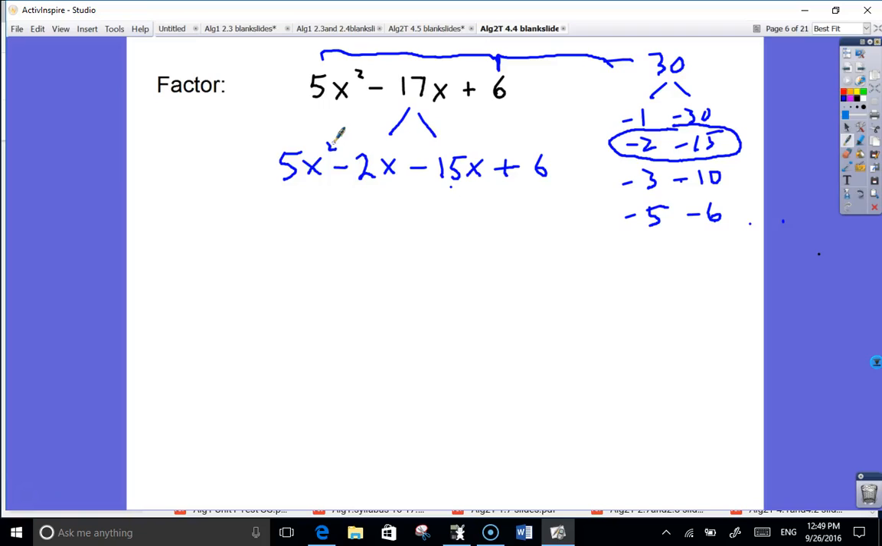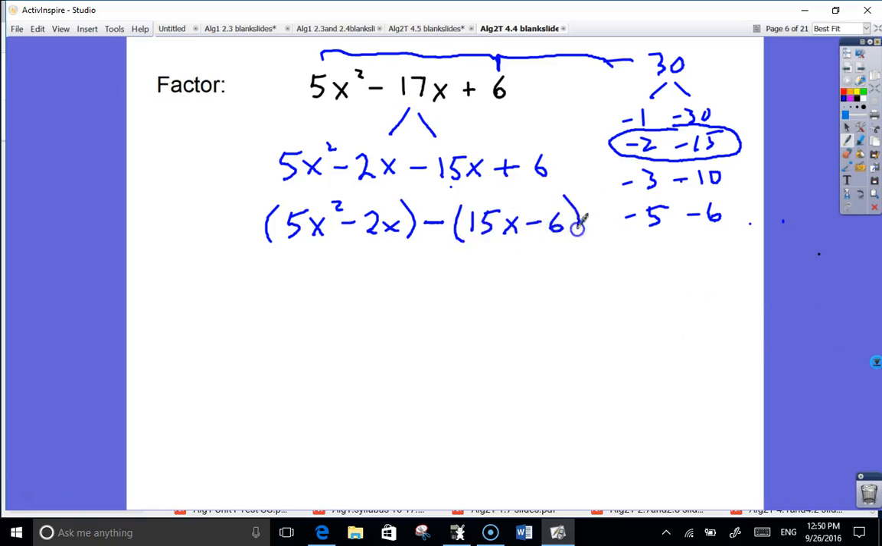Okay, so all I've done is rewrite the middle term using those two numbers. You know, negative 2x minus 15x, that is negative 17x. So I didn't change the value, I just changed the format. Okay, next step. Group the first two terms in parentheses, 5x squared minus 2x. Okay, and then you need the subtraction symbol, which is in front of the 15x. That is a subtraction that goes in front of the next set of parentheses. 15x